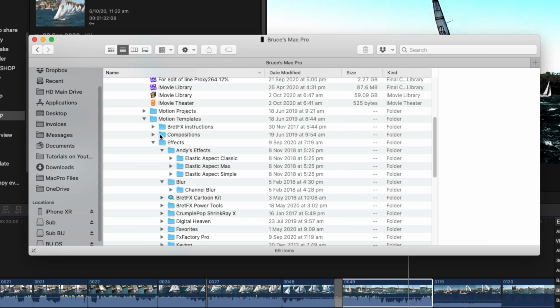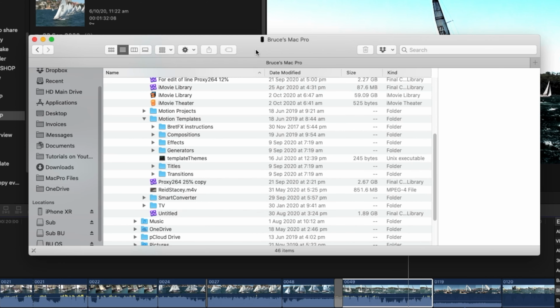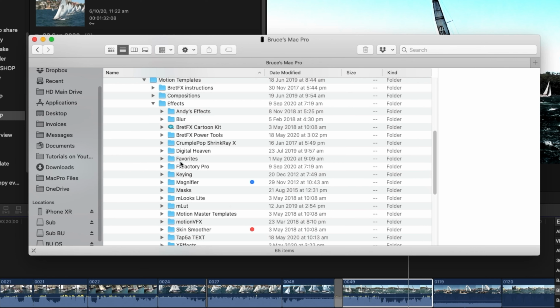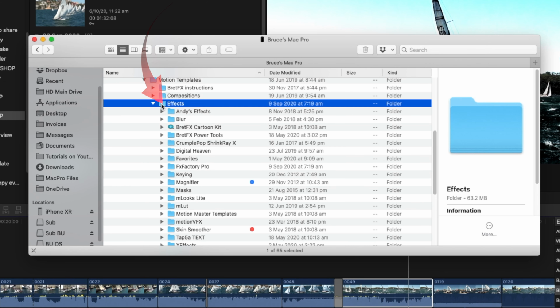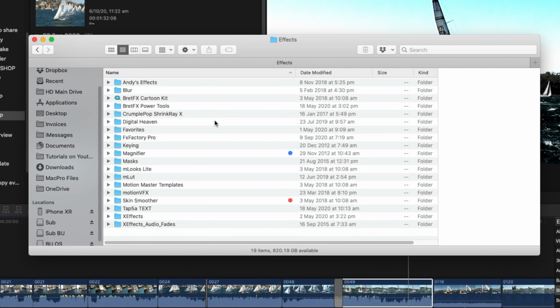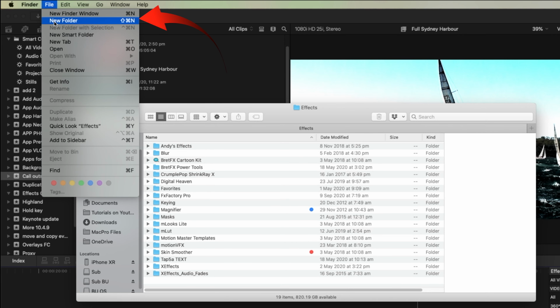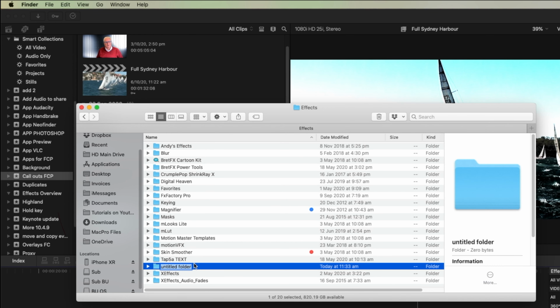So while we're in the Finder here, let's look at where we would put our favorites folder and have this appear in your Final Cut Effects index so that you can quickly access those favorites. If you open your effects, you can see here I already have a Favorites folder, but to create one, you would select the effects folder, double click it so we have it in its own window, and we'll come to the File menu and create a new folder and call it Fave 2.